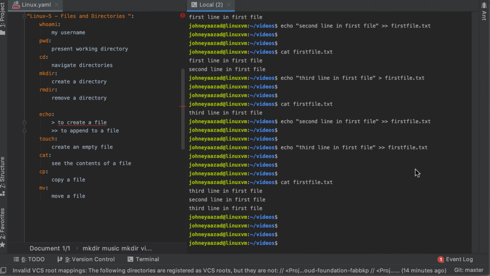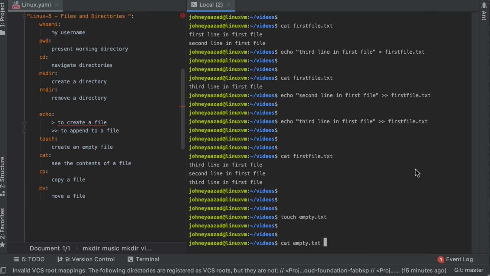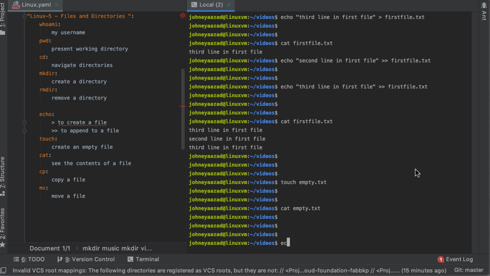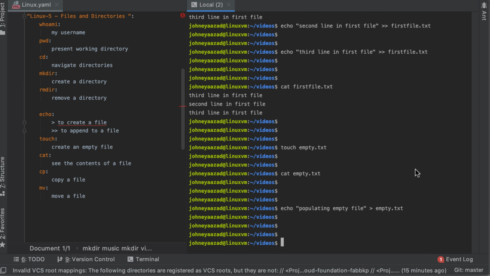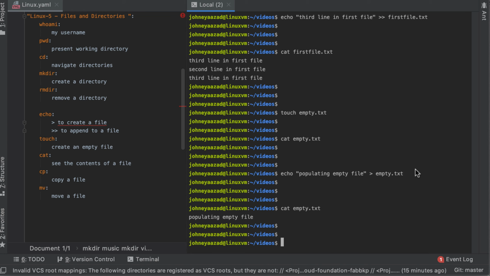Alright, so now the next command that I want to talk about is called touch, and what touch does is it creates an empty file. So touch empty.txt, and if you do cat empty.txt, there is absolutely nothing in it. Once again, you can do echo populating empty file into empty.txt, and what was I going to do? Oh, cat empty.txt, and these are the contents of your file. Okay,